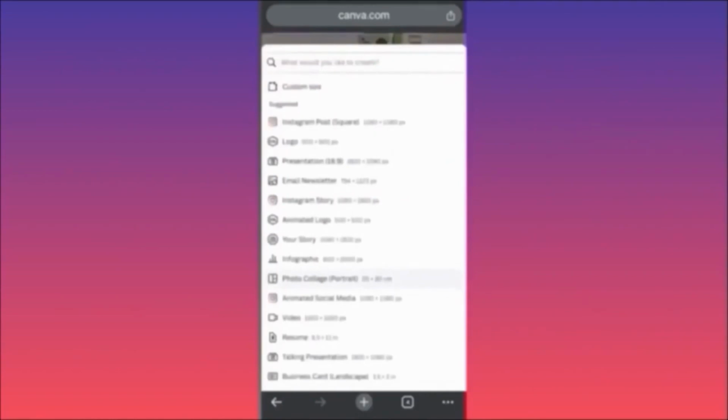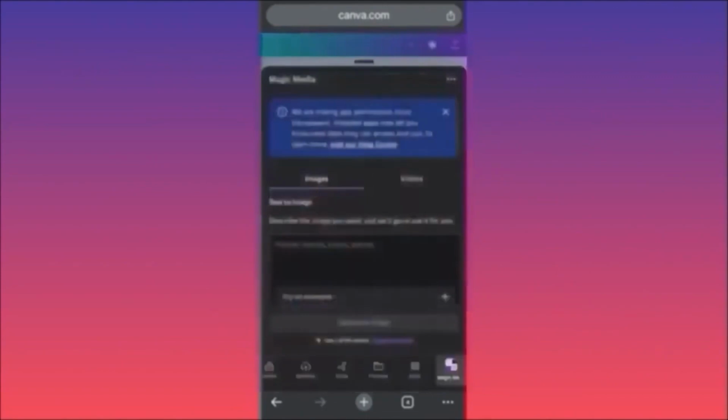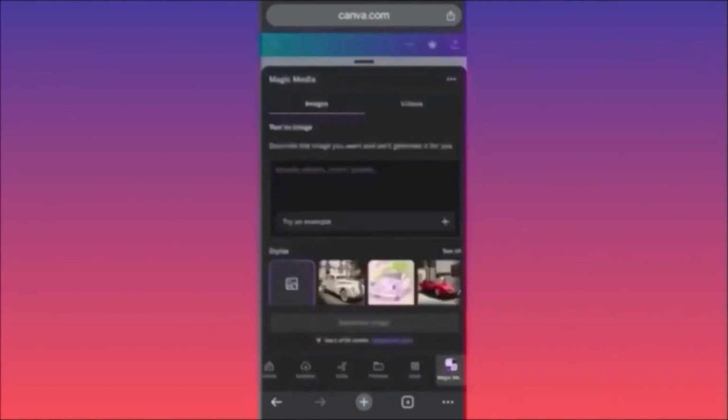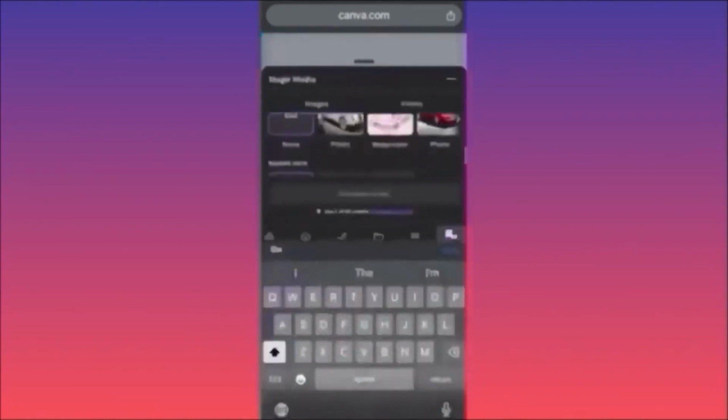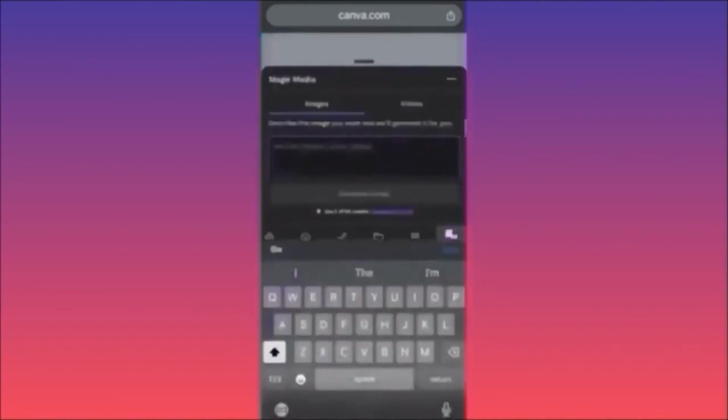So for example, if you want to create an Instagram post, you have the square option over here. In our example, we're going to create a logo. And the way this actually works is that when you come over here, you have to type a particular prompt. When you type the prompt, you also have to choose underneath the style of the prompt. So in our example, we are going to create